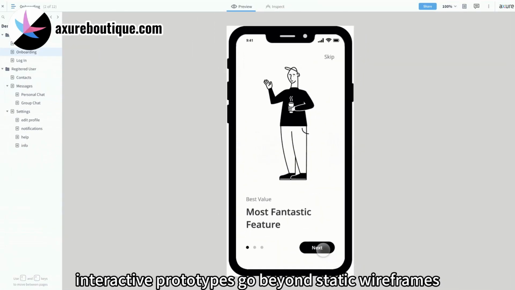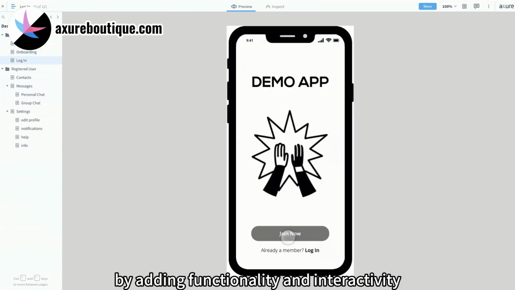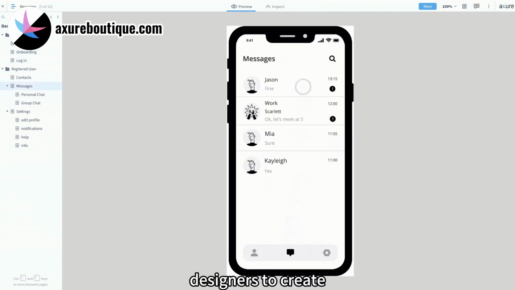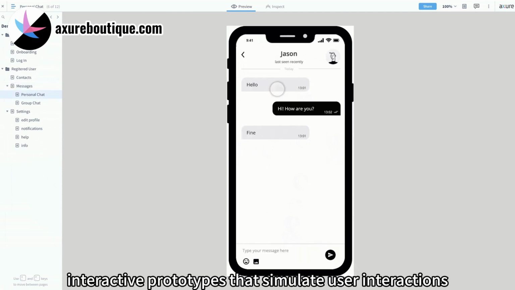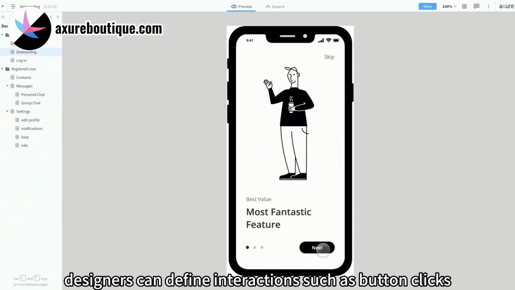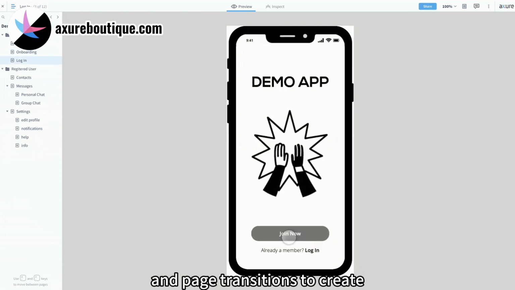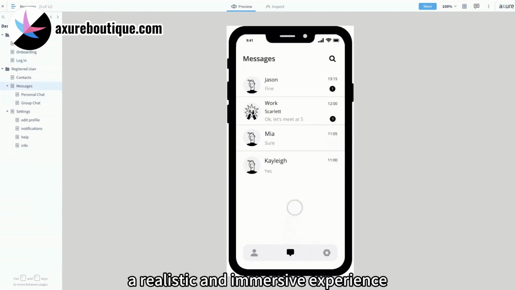Interactive prototypes. Interactive prototypes go beyond static wireframes by adding functionality and interactivity. Axure allows designers to create interactive prototypes that simulate user interactions and demonstrate the flow of the user experience. Designers can define interactions such as button clicks, form submissions, and page transitions to create a realistic and immersive experience